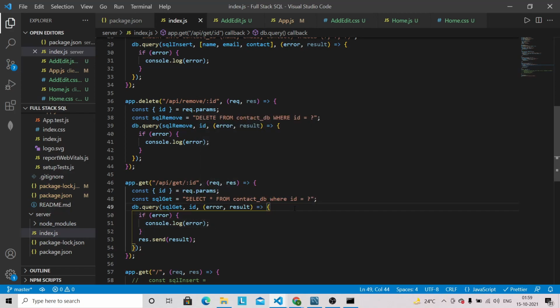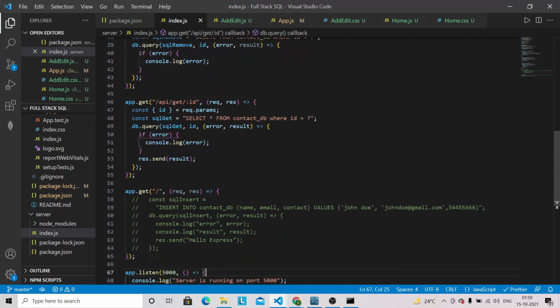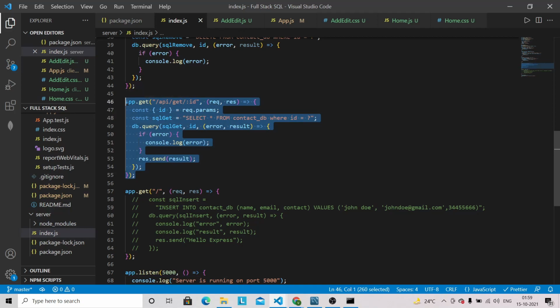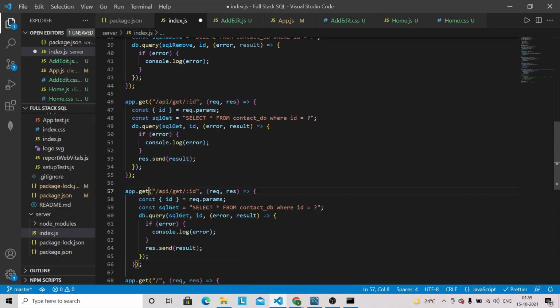Okay, and let's also create the update API as well. So let's just copy this one and paste here. So this will be the put only, and we are going to update the existing contact based on the ID only.